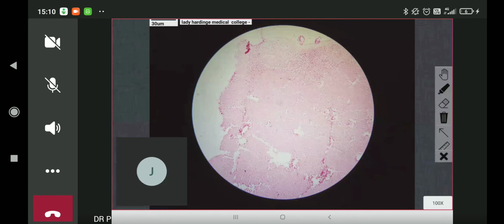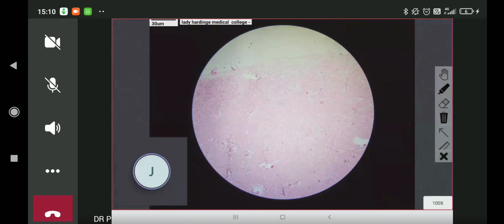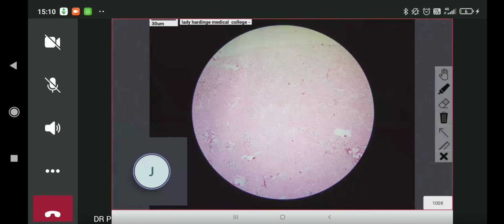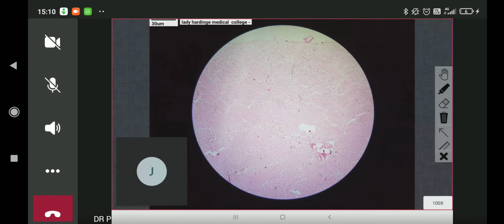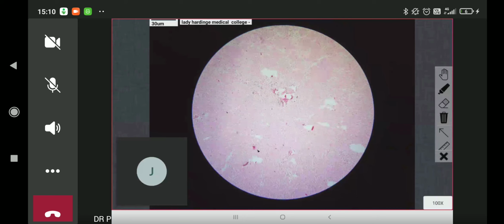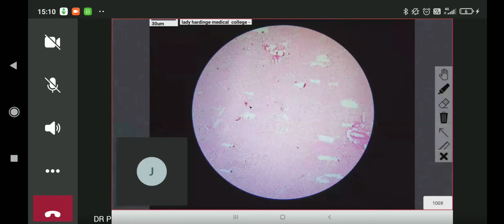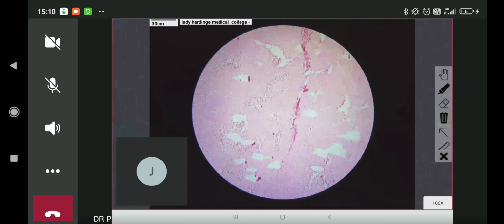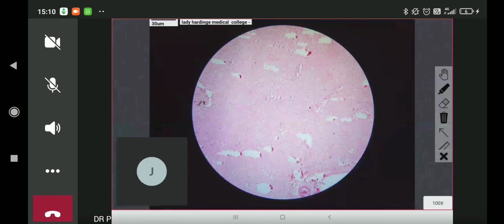Actually, these being a bit old slides, the hematoxylin of these sections has faded, so they are not very clear, but I will try to get fresher sections stained, because amyloid liver is not a very common diagnosis. It's not like we get them every day. But I will try to get them so that when you come for your exam or for your revision slides, you can have a look at them personally and then you can differentiate.